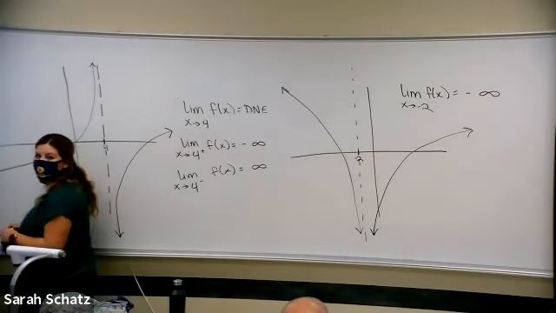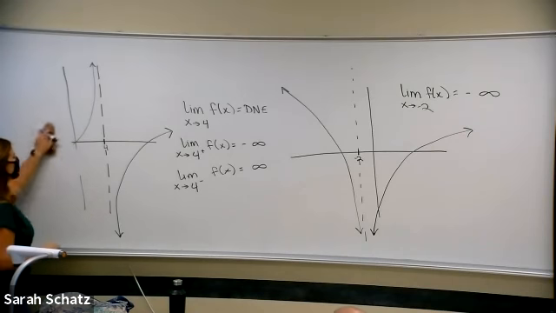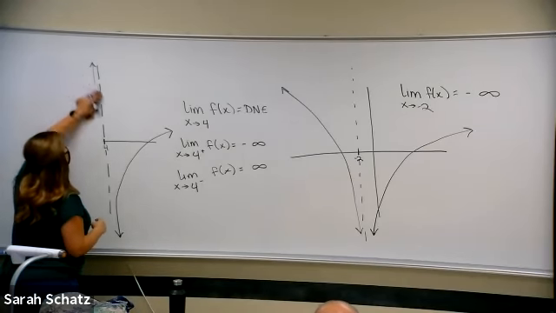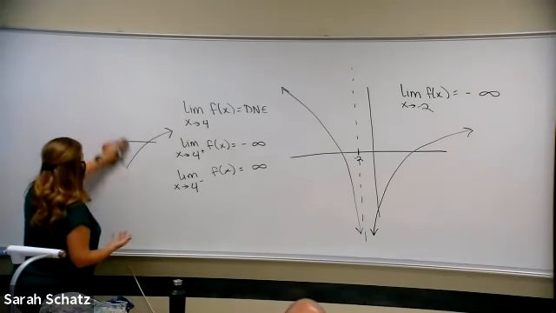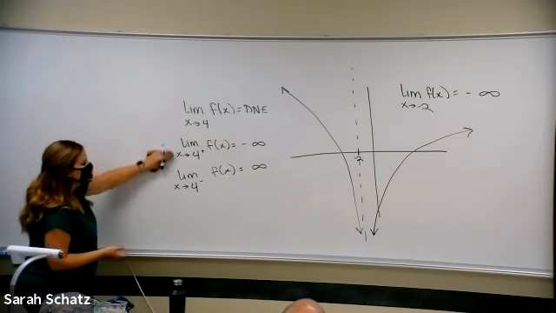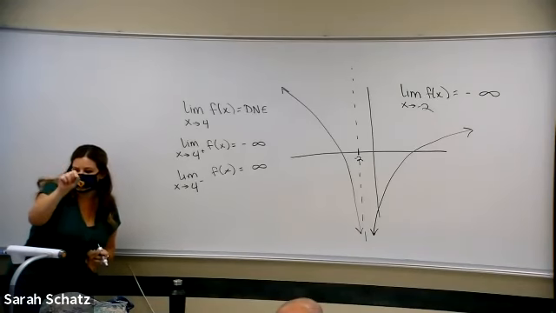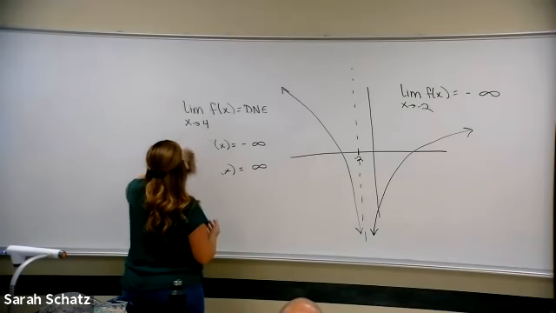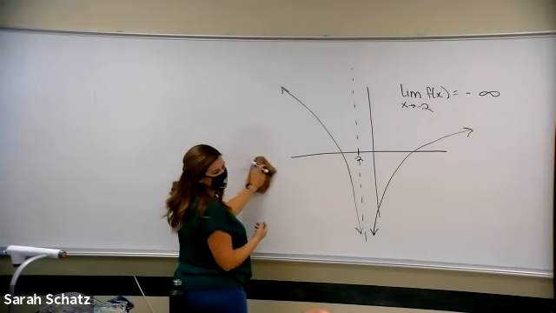So you guys, we're going to move away from graphs. Graphs are great for explaining limits, and I think it's the best way for you to really see and understand what we're doing. But a lot of times we need to be able to find the limits of a function without looking at a picture. And it's harder because I can't explicitly see, I can't follow the line, right? I can't say, oh, it's going toward this value. I have to do it algebraically. You're going to find that it's easier than you might think because we have some really nice rules.